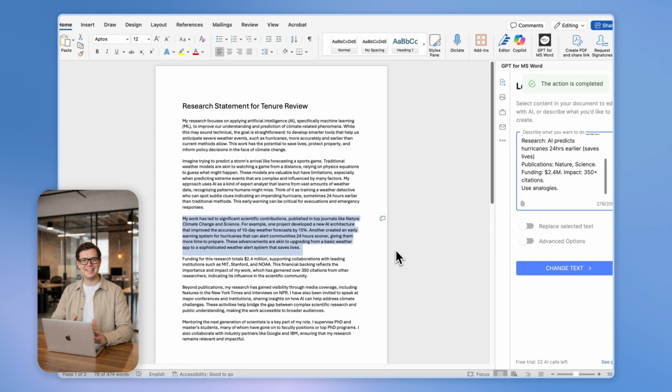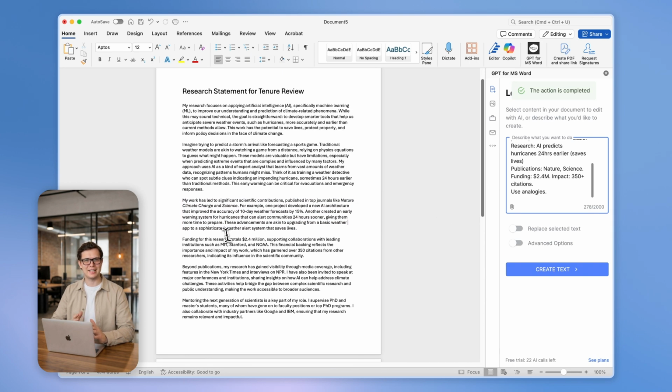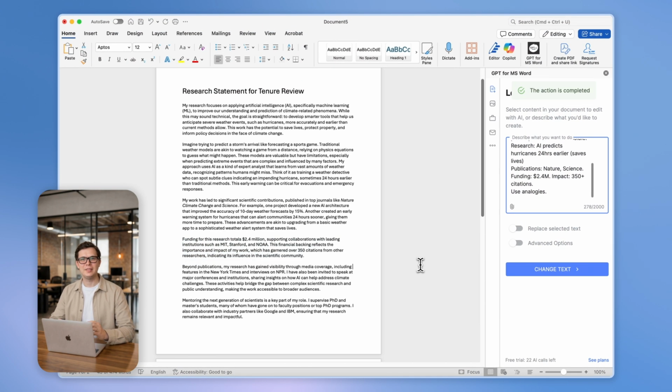Another explains that the NSF Career Award goes to only a small percentage of applicants, showing how highly his work is valued by the academic community. That's exactly what the committee needs. They may not follow every technical detail, but they can clearly see that the research is important, credible, and recognized. Dr. Torres then spends about an hour reviewing the draft, checking accuracy, adding nuance, and making the voice his own. 12 to 15 hours becomes 2.